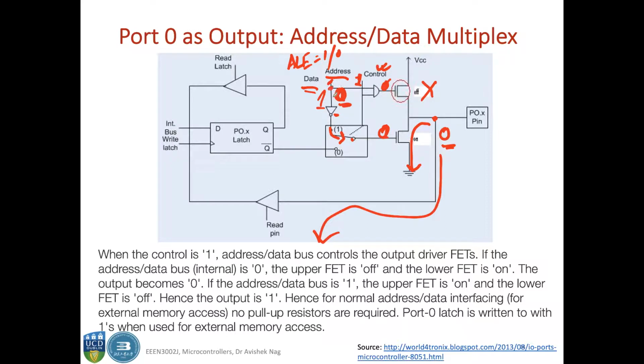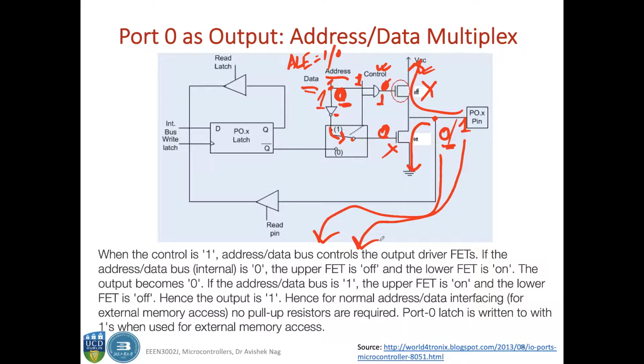So if this is 1, then the output of this AND gate will be 1 and this transistor will be on. Okay, and this transistor will be off. So it will be pulled to VCC and you can read a 1 here. Okay,